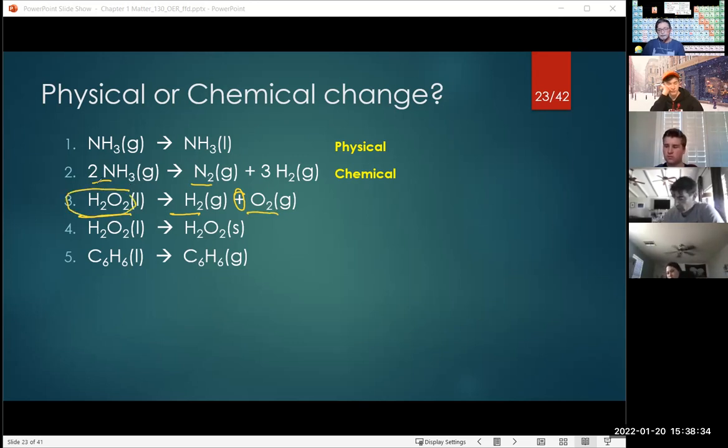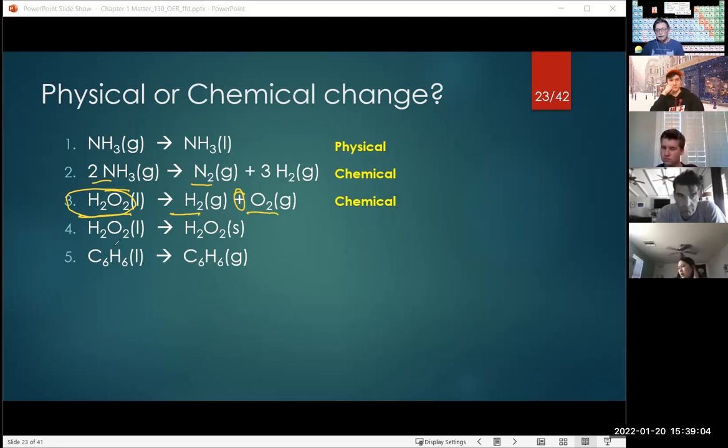This, by the way, H2O2, you might be familiar with it. If you ever dyed your hair with hydrogen peroxide, that's the formula. Or you cut your finger, that's what you use to put on your finger to get rid of the bugs, hydrogen peroxide. So the fact that you got a plus symbol and you created 2 new products should tell you that we have a chemical reaction here, okay?